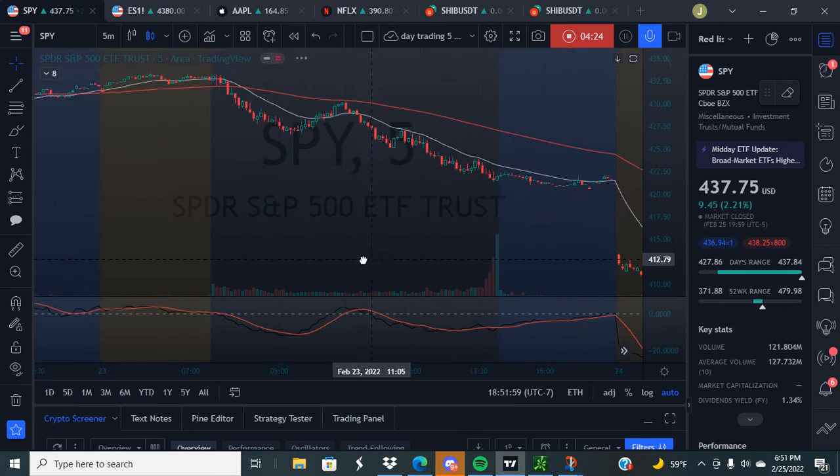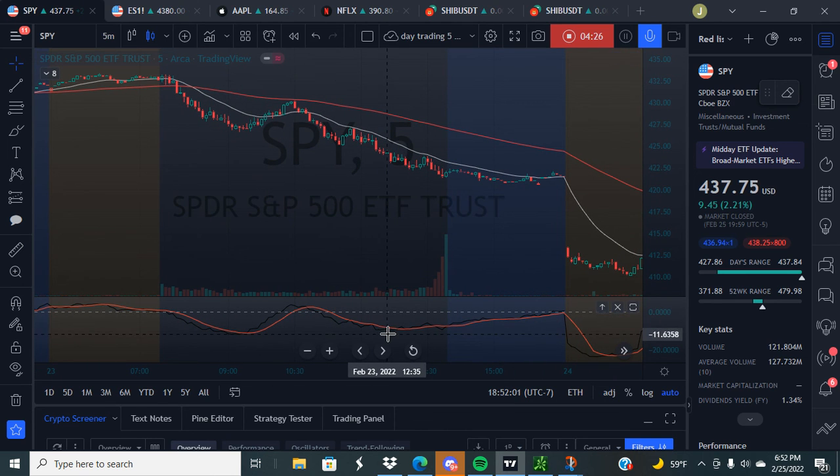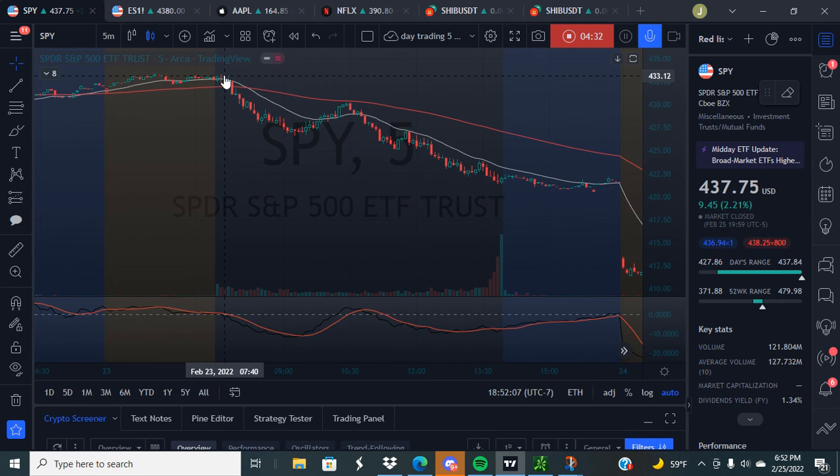Days like this though, and you're sitting there trying to time this, and you're saying, okay, red's crossing black, okay, black's crossing up over the red. You have to notice the trend. If you notice a trend something like this and it's in a downtrend all day, and you can see the nice rejection of the 50 EMA, you're shorting everything below that, and you can short pretty much anything below this